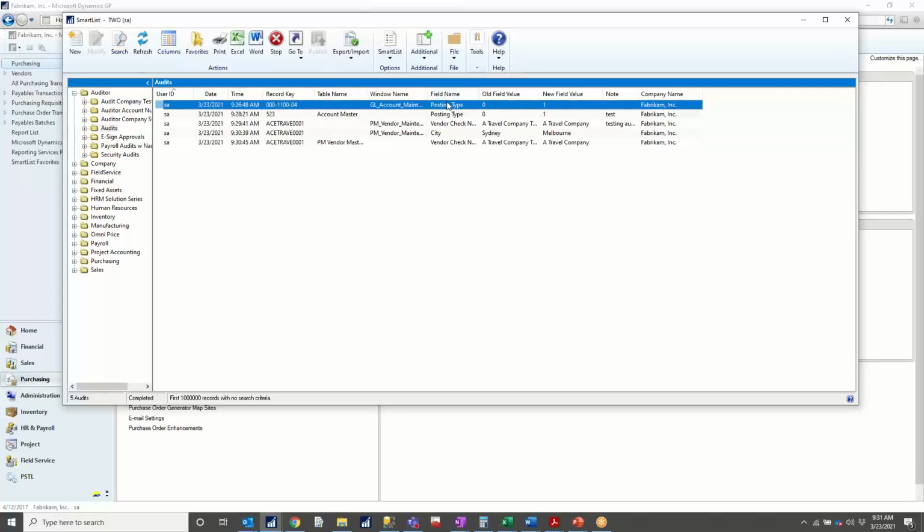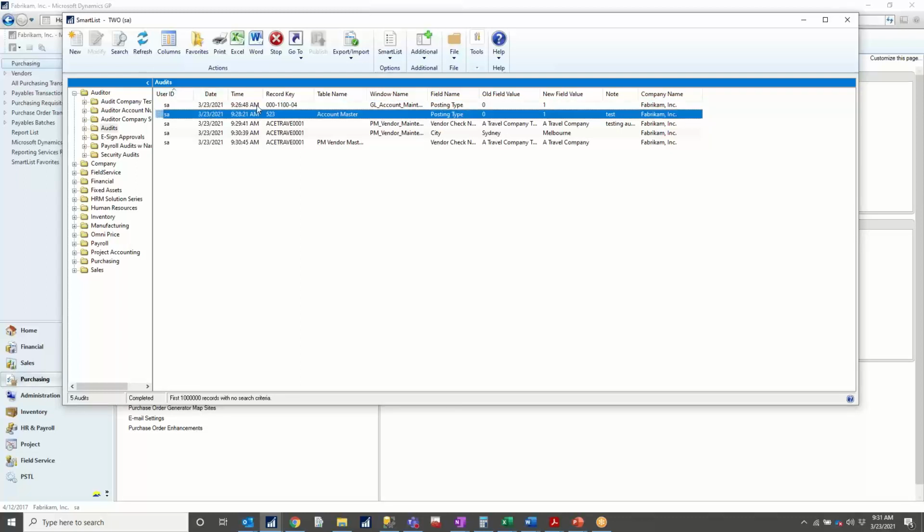This was the GL account maintenance where I changed my posting type. The old field value is 0, the new one is 1. 0 and 1 is the information that's stored in the table. We actually have a handy way to fix that, so this is more user-friendly, and you type in the actual word instead of the 0 and the 1, but you have to be able to look those up and know what those are. You can see that I actually have 2 audits for that, which seems a little odd,